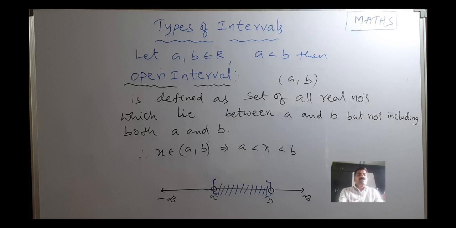Earlier in the closed interval, we shaded even at a, at b also. They are the shaded circles. Hence, those points must be included. But here, these are not shaded. Hence, we should not include a and b here. So, therefore, finally, open interval a comma b is nothing but the set of all values which lie between a and b, whereas a comma b are not included. Hence, this is also considered as an exclusive interval.